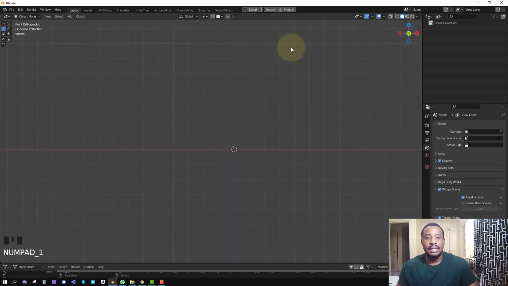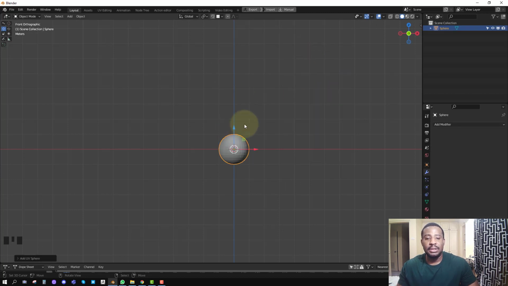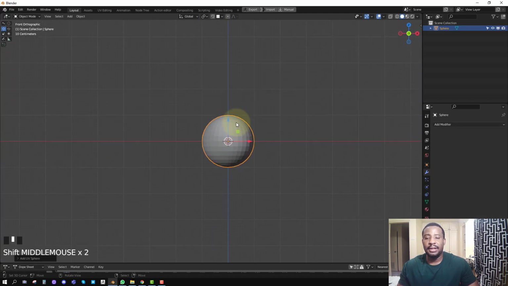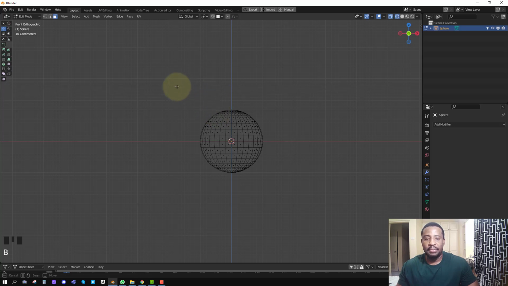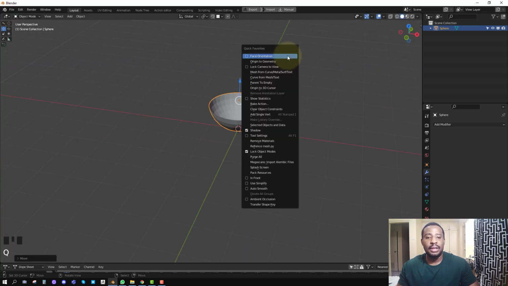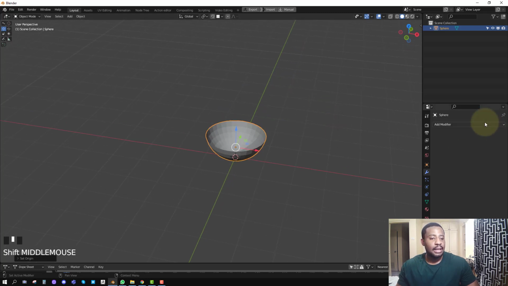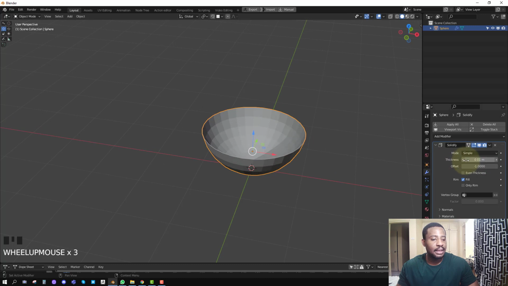Okay, so let's first start by creating the plate or bowl that I'll be using for the spaghetti. So I'm just gonna add a simple UV sphere, jump into edit mode and switch to face and wireframe. I will box select half of it, or probably a bit more than half, and delete that, and we have a bowl. Okay, so I'll place it there and then we can add a solidify modifier just to give it some thickness,